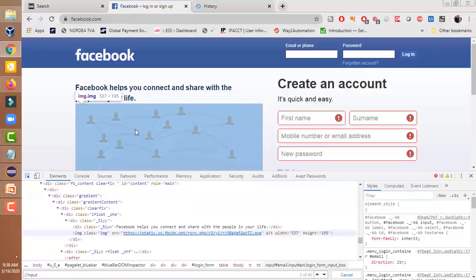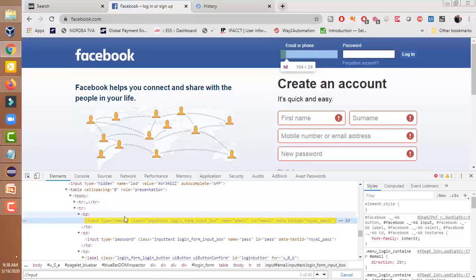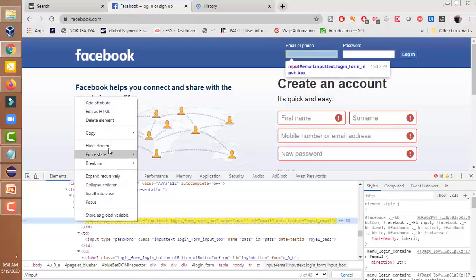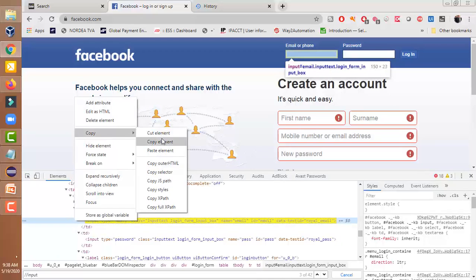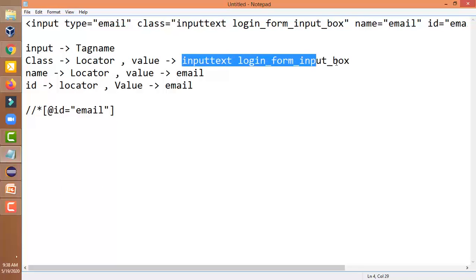Now our aim is to find out the location of this email field. Just click on this. I have already copied this. Right click, copy. To find out the XPath, you can directly copy the XPath from here, and now let us paste here. This is the XPath of the email ID field, but in this session I will tell you how we can use a class XPath. So we have this class. Now we have to find out how many classes are there.